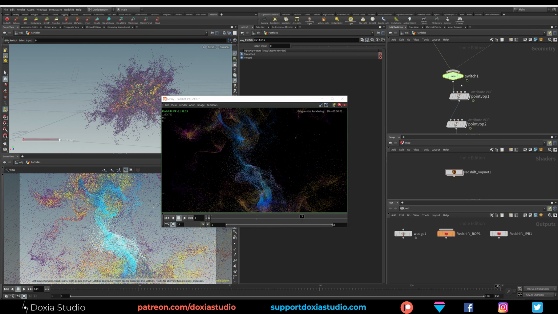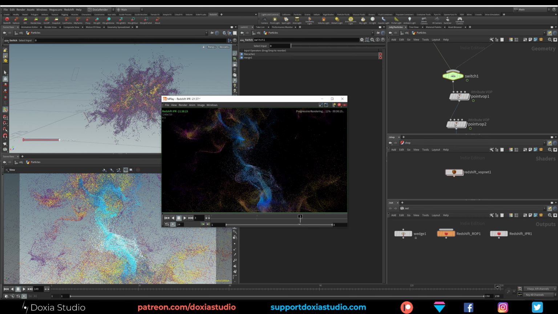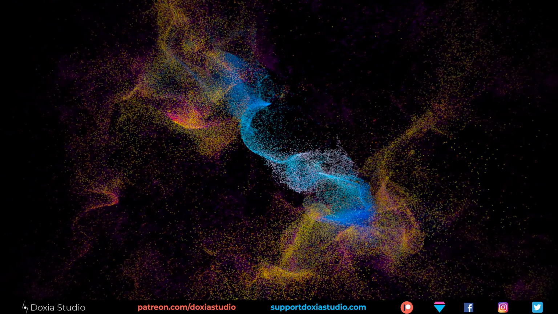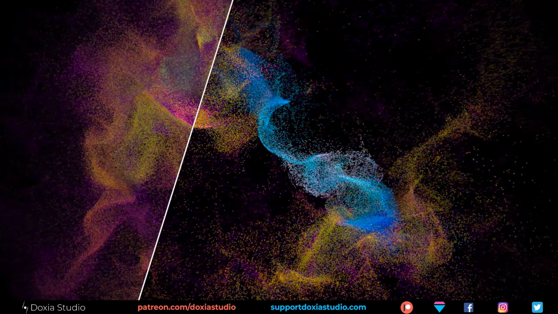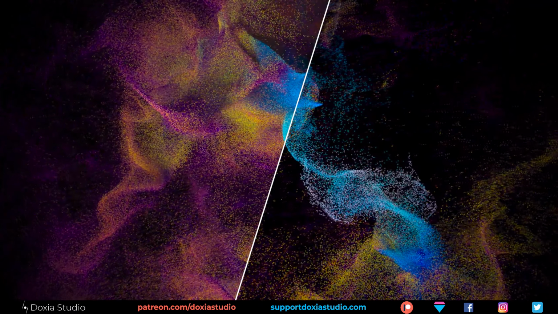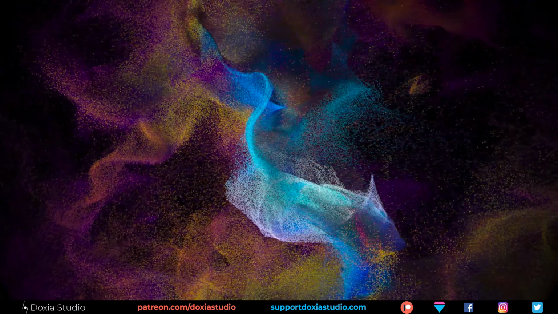So this is with 250,000 particles, okay, and this is with 6 million. You can see the difference, and it just took a little bit of minutes to do that. Okay, pretty cool. This system looks so much better with millions of particles instead of few thousands, right? You can see the difference between them. And it took just a few minutes to write all those caches with WedgeNode.